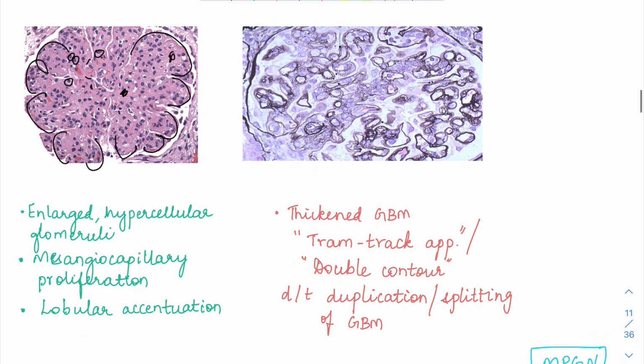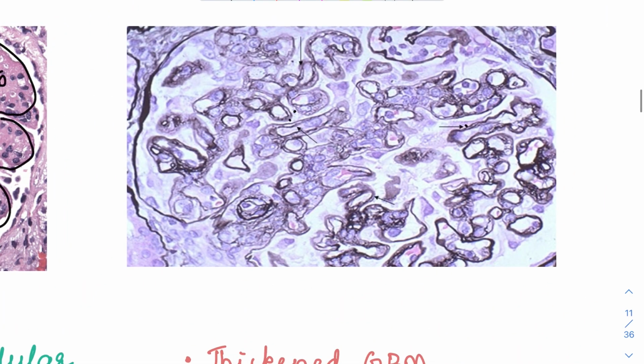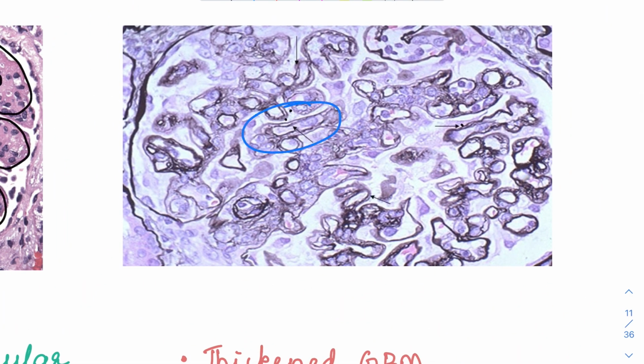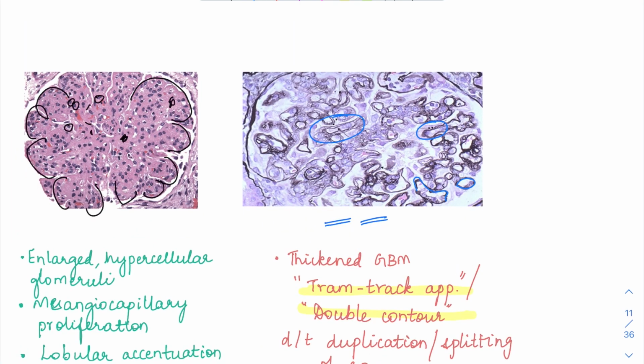Okay. And if you use silver special stains, you can see the classical feature of MPGN, which is called double contour or tram track appearance. Here again, like membranous glomerulonephritis, you are going to see thickening of the basement membrane. But other than that, it will also have a double contour. So I have expanded this image. If you see here, you can appreciate the membrane is all becoming double layered. So here the membrane is just thickened. It is all thickened over here, but in this area and this area, if you see, the membrane has a double contour and it looks like a train track. So it is called tram track